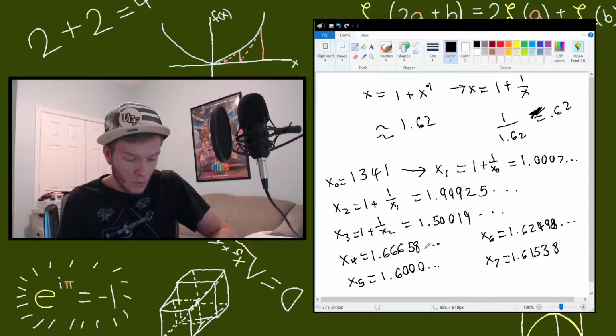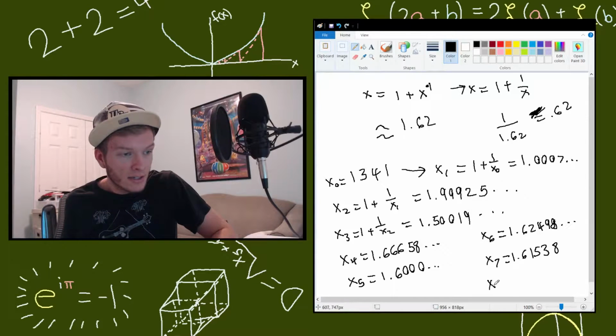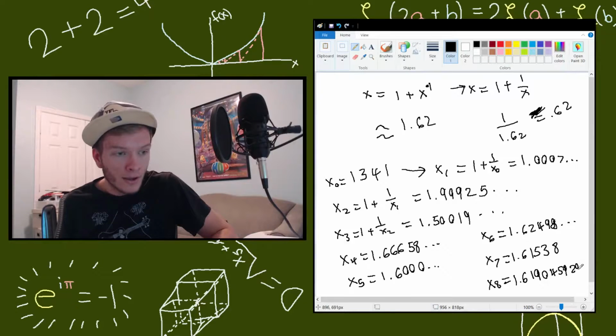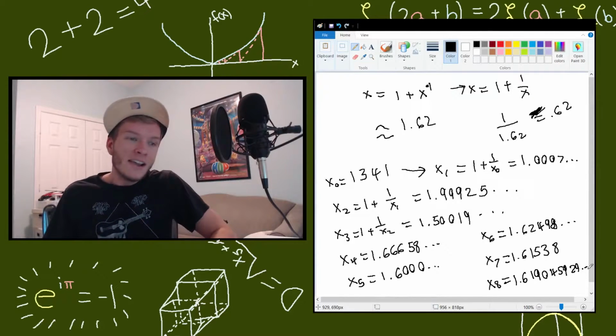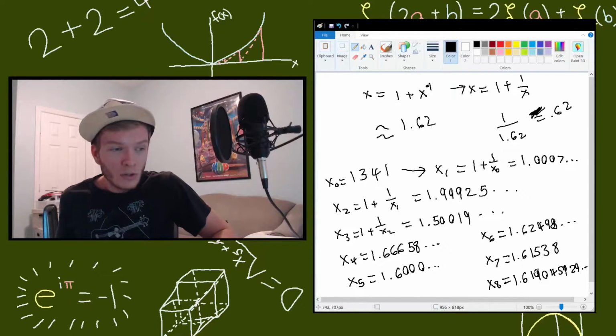So we're going to do 1 plus our last one to the negative 1. And now x8 is equal to 1.619045929 and some change. So you can see that even in 8 iterations, we are extremely close to that original